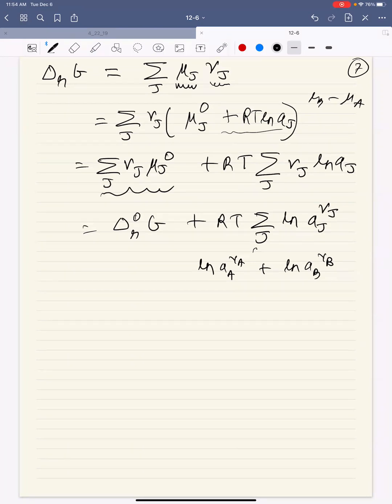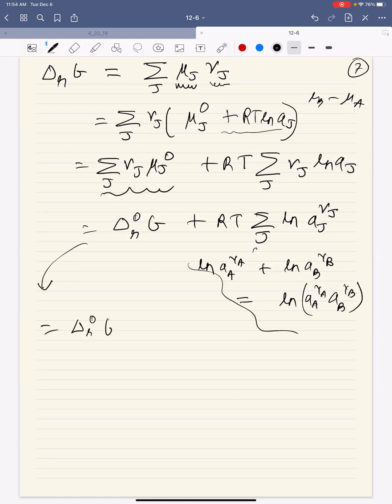Those of you who take StatMech, and I hope all of you do, will see this so many times: summation into product, product into summation. It will happen in the context of Fermi-Dirac and Bose-Einstein statistics all the time. So this relation should become your best friend already. So this is going to be ln AA gamma A, AB gamma B, right? So given that, we can write this one as delta R naught G plus RT, not a summation, but a product, okay? So it will become product